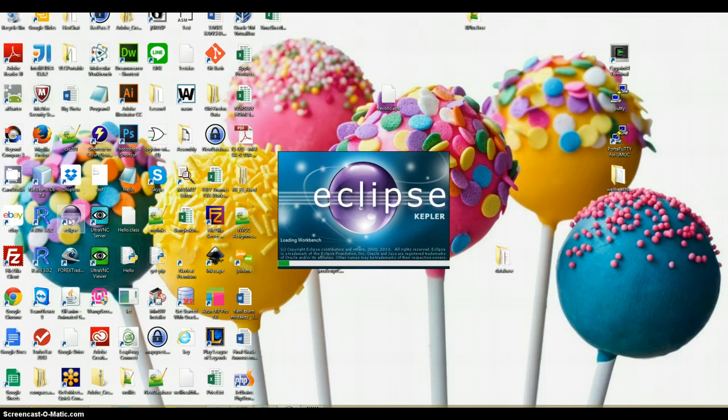just download from eclipse.org, and the latest version should be Luna, L-U-N-A, Luna. So this one is the older version I have, Kepler. So to get Eclipse,